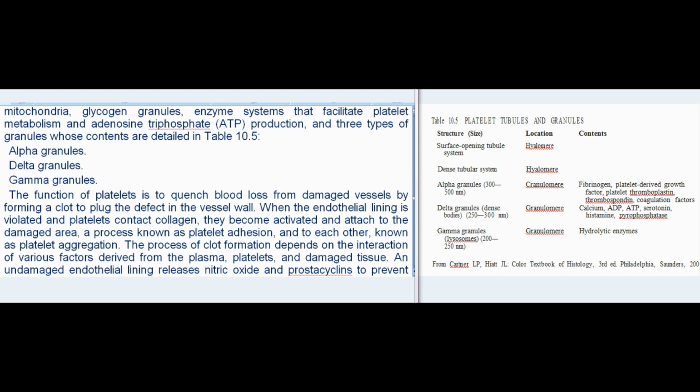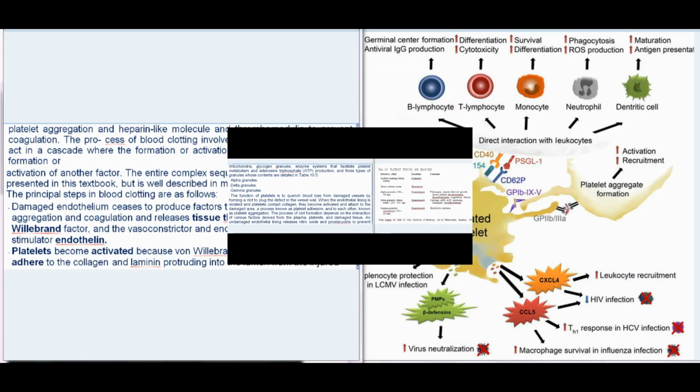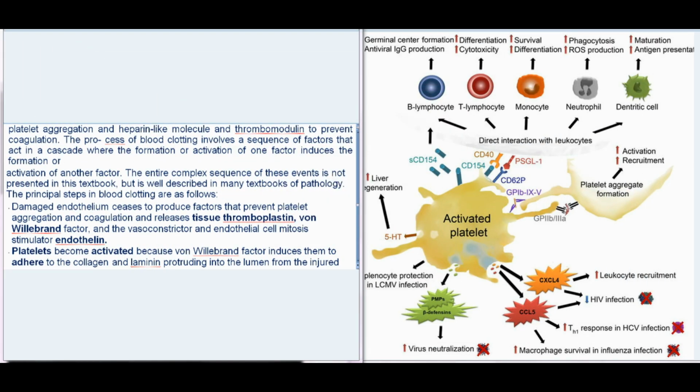An undamaged endothelial lining releases nitric oxide and prostacyclins to prevent platelet aggregation, and heparin-like molecule and thrombomodulin to prevent coagulation. The process of blood clotting involves a sequence of factors that act in a cascade, where the formation or activation of one factor induces the formation or activation of another factor. The entire complex sequence of these events is not presented in this textbook, but is well described in many textbooks